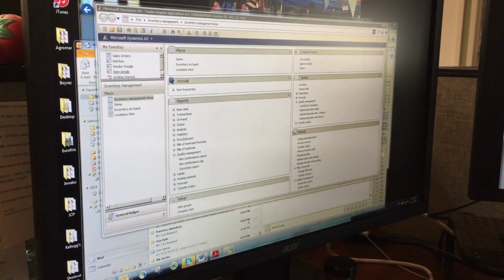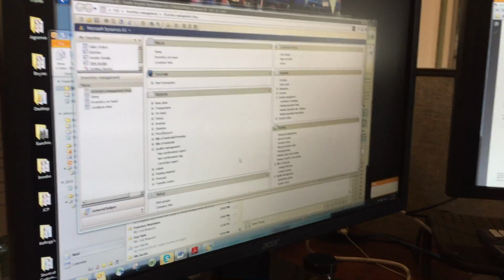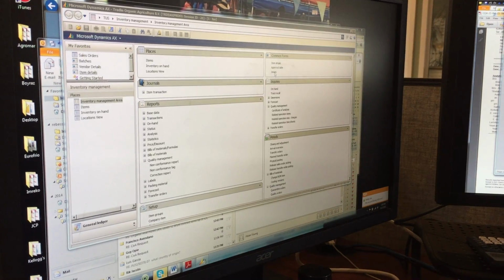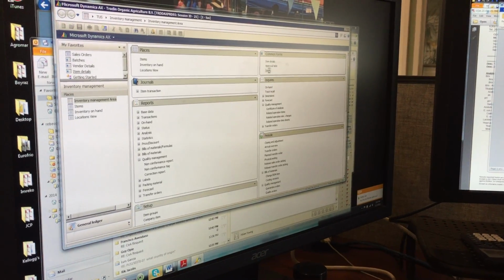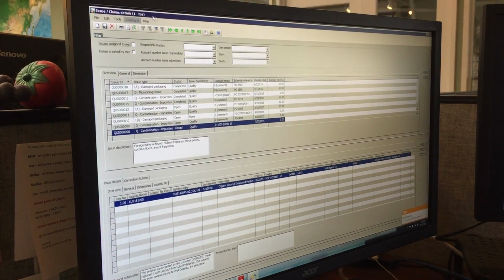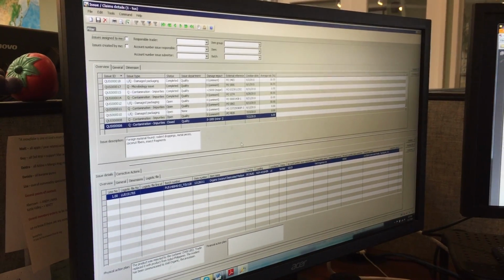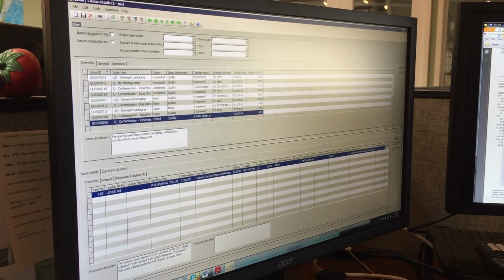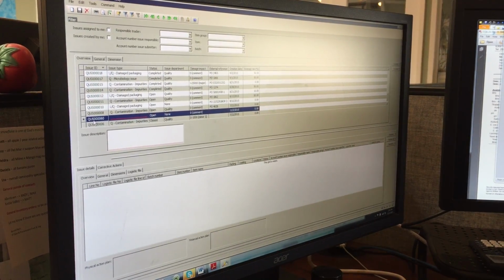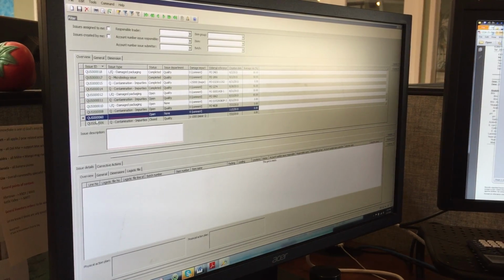So we're going to log an issue in Xapta, and the first place you want to go to is in Common Forms. Click on Issues, and the issue claim details will come up, and you want to log in a new one, so Control N, and you get your QUS number here. So this is QUS 00060,